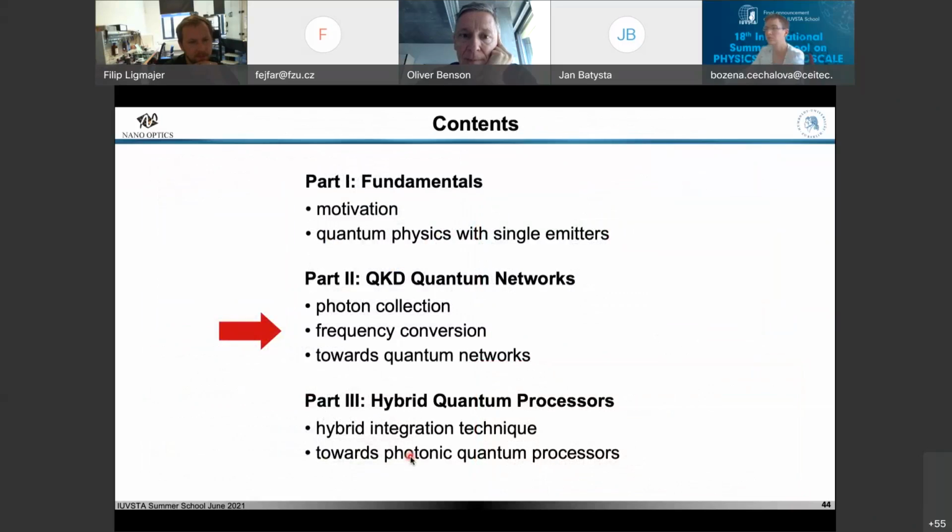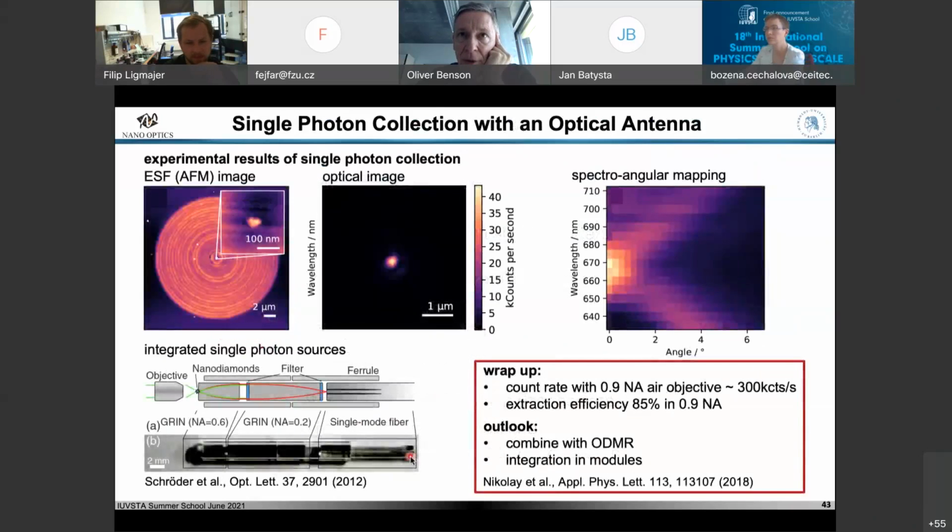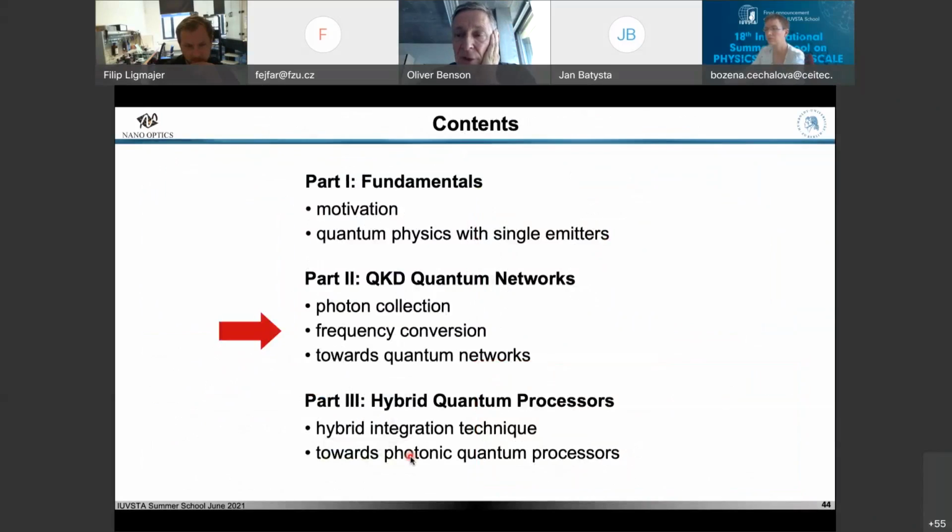Good. Maybe one word connecting also to this network. So this emission is at 600 or maybe 700 nanometers. And that's not the frequency that you need if you send light through optical fibers. Optical fibers operate at the wavelength where you have the lowest loss, and the lowest loss is in the telecom band at 1.5 micrometer. So maybe that's another quiz question. So why is it at 1.5 micrometer? Or why is there a minimum?